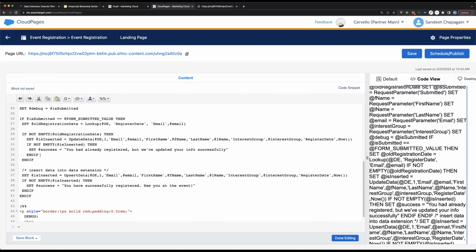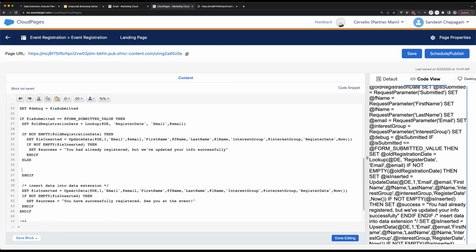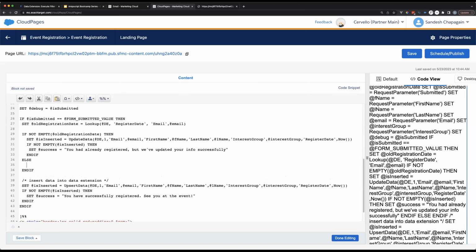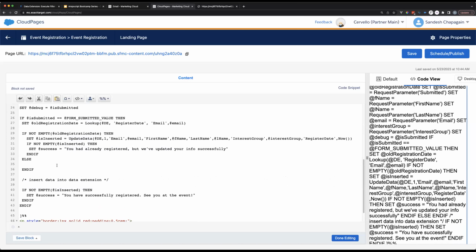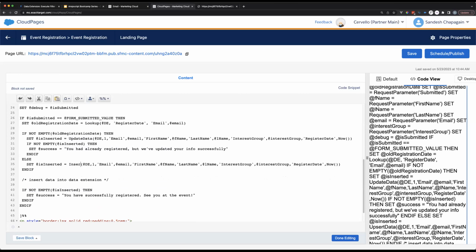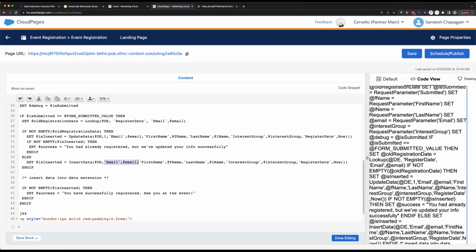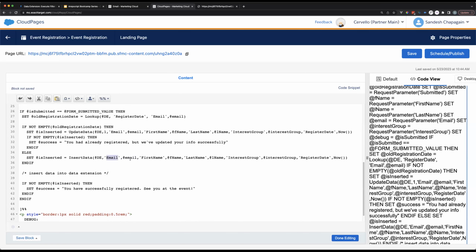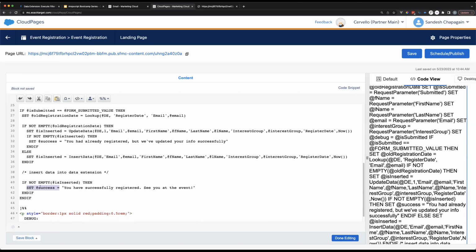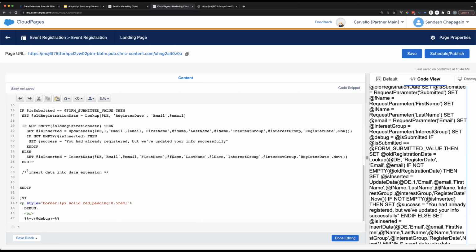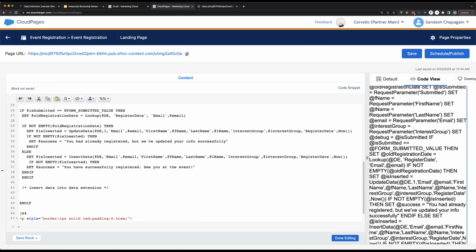And then if they actually did not, so that's that else condition here. If they did not previously register, then we can just go back to our old insert data. Just going to copy that again. Right here, we can go back to insert data because we are sure now that they don't have anything. And then we don't need that one parameter. We can leave the email as is. Now we're just going back to inserting column value, and so on. Okay. And here we want to set the success message to be just plain old, you have successfully registered. So you have the next event.